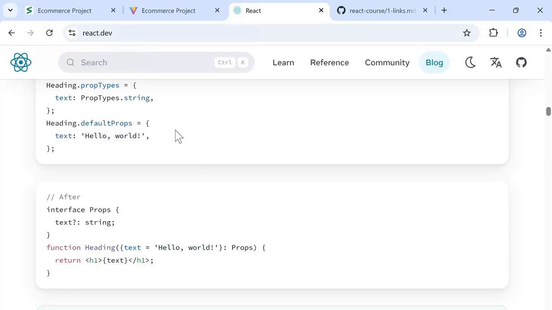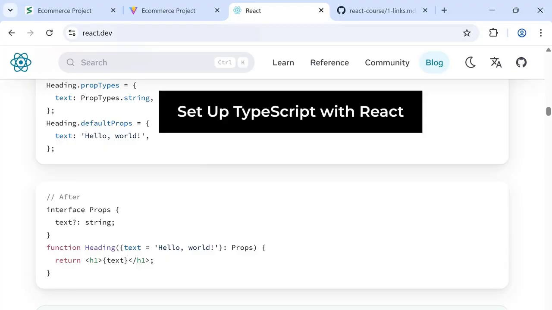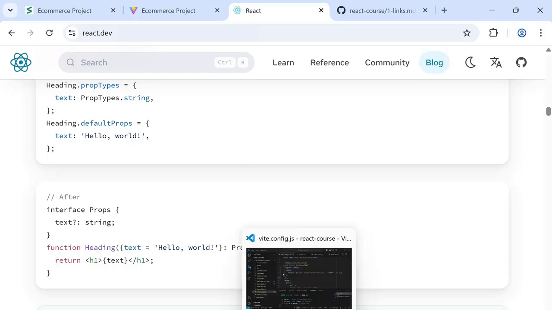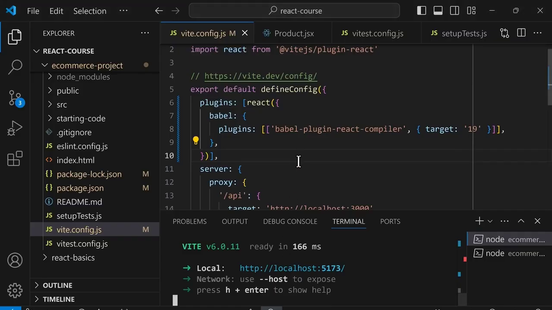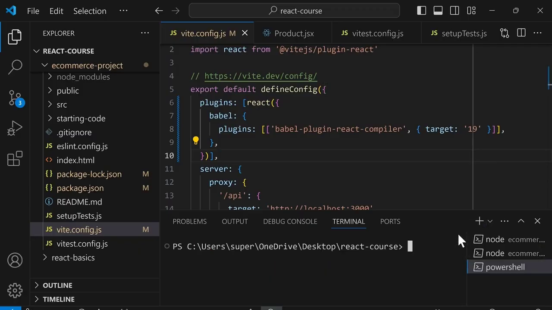Now that we learned that prop types was replaced by TypeScript, let's learn how to set up TypeScript with React. We'll go back to VS Code, and to set up TypeScript with React, we can use the create Vite command. So in the command line, we'll create a new tab and make sure this is running in the React course folder. And we're going to run the command npx